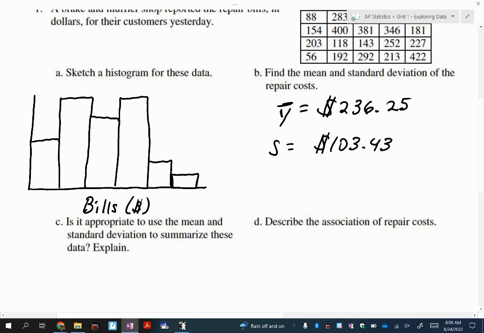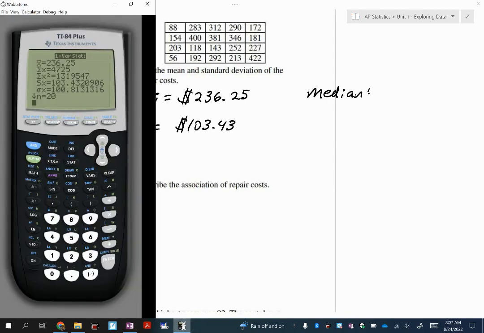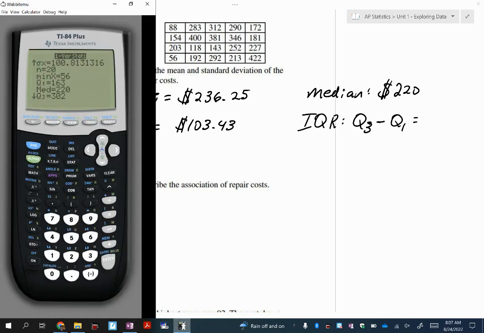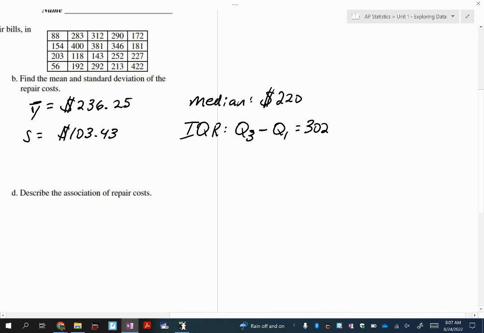Now, it doesn't actually ask for me to do this, but I'm going to go ahead and just write down the median and then the IQR, just to have it in case I want to use that to describe my association later in question D. So the median is $220, and the IQR, which again is quartile 3 minus quartile 1, which is 302 minus 163,